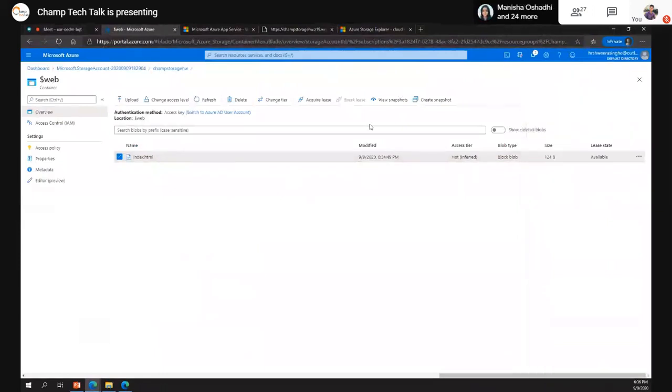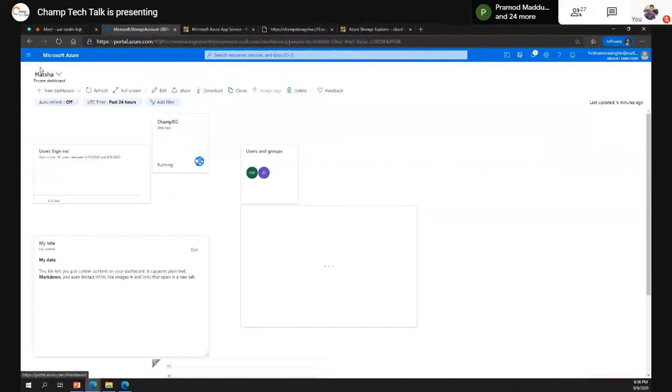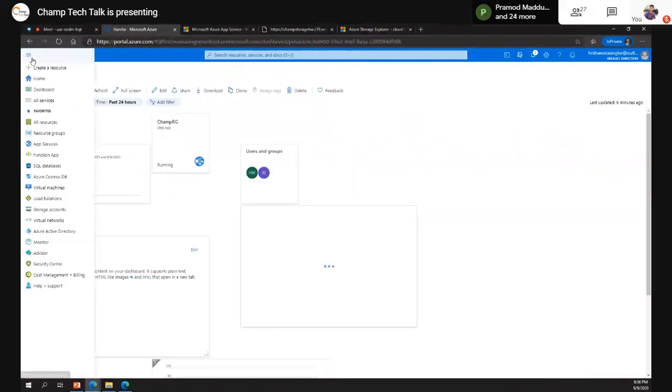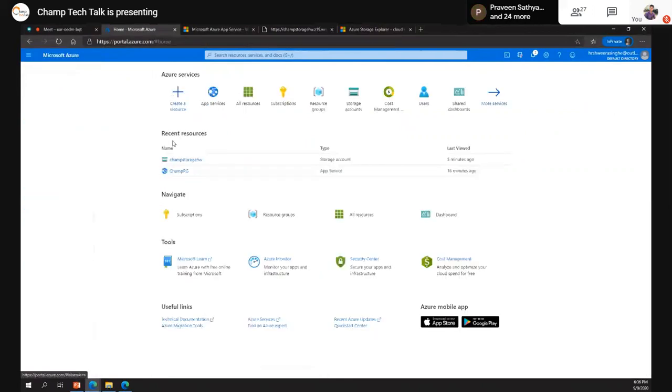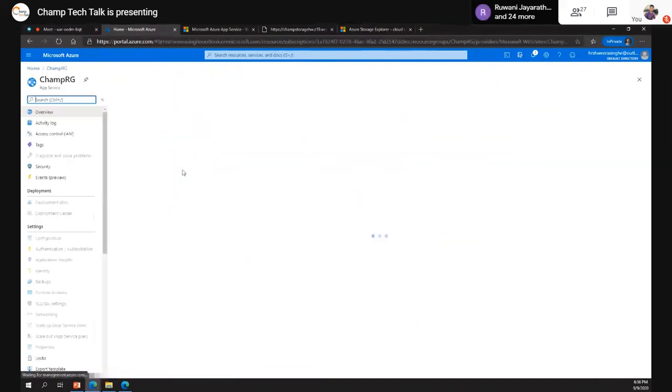So it didn't take us 5 minutes to configure the web application and the HTML side, but make sure that when you are dealing with resources, you should know what's your resource limit, what's the RAM that you are working on, those kinds of information. And I'll show you another cool thing with these cloud environments. So let's go back to our recent resources. This is the app service that we created.